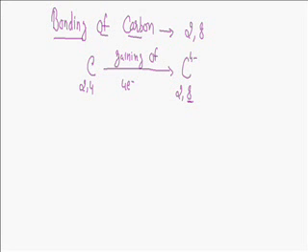Now in this carbon anionic form it has 8 valence electrons, so it's stable, but the process is not so convenient. It requires a large amount of energy. We can explain this on the basis of the small size of carbon. If we draw, this is the valence shell of carbon. Carbon has 4 valence electrons, and due to the small size, these negatively charged electrons will acquire a position where they are at the maximum distance to attain maximum stability.